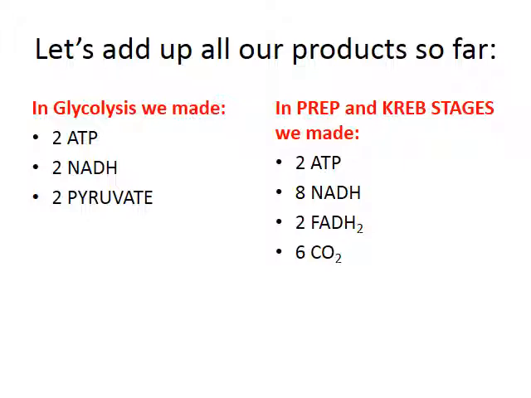So let's just add up everything so far. In glycolysis, we made 2 ATP, 2 NADHs, and 2 pyruvates. In the prep stage and the Krebs cycle, we made 2 ATP, 8 NADHs, 2 FADH2s, and 6 CO2s. So a couple of